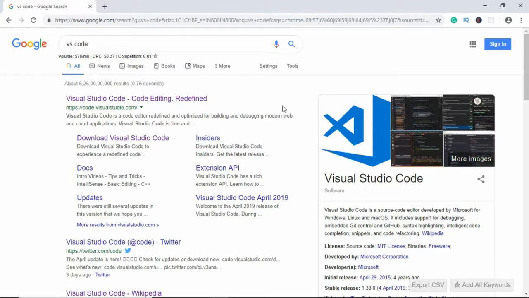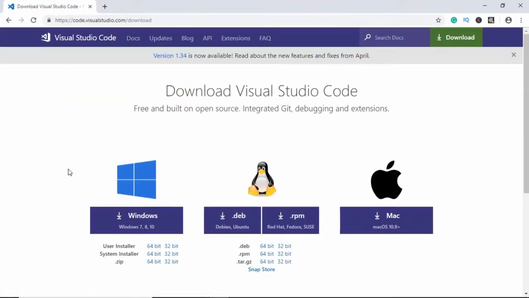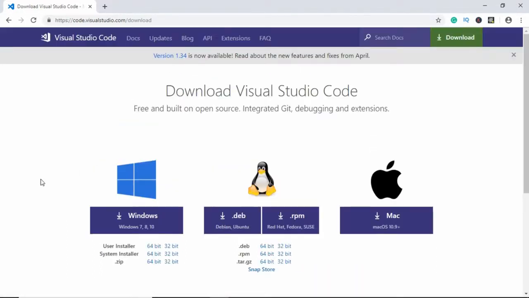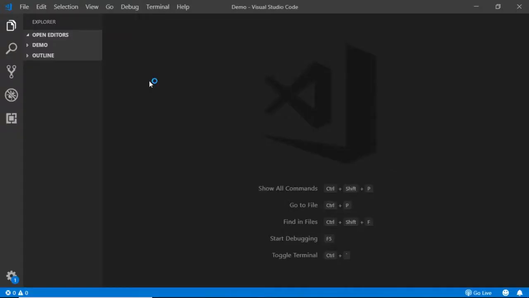So just go to Google and search for VS Code, and then click on this download link over here. Now here we can see VS Code is available for Windows, Linux, and Mac. So just download the version that you need and install it. Now just open the application, and here we can see the VS Code screen, and you may get a welcome